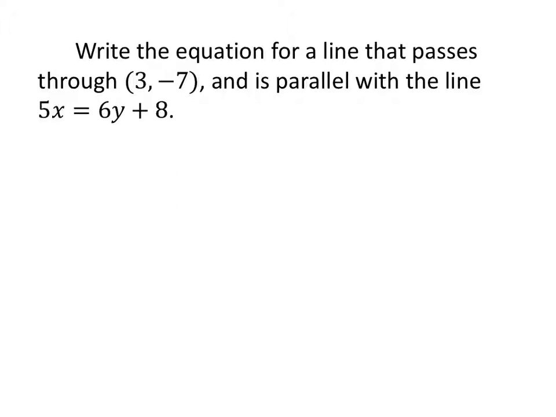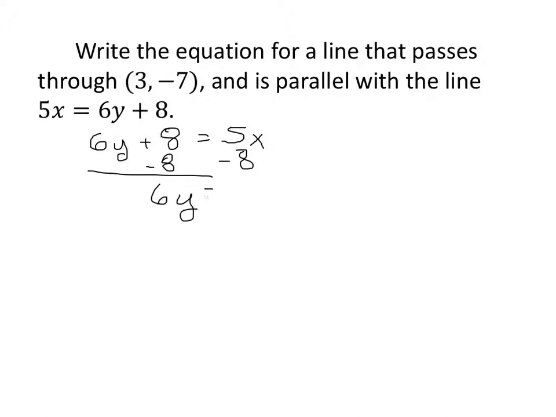So let's get started by converting 5x equals 6y plus 8 into slope-intercept form. We want to get the 6y term on the left and the 5x term on the right, and instead of messing with negative numbers, let's just rewrite the equation by switching sides. And now we want the 6y to be by itself, so we subtract 8 from both sides, and we get 6y equals